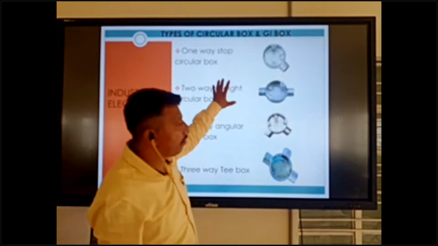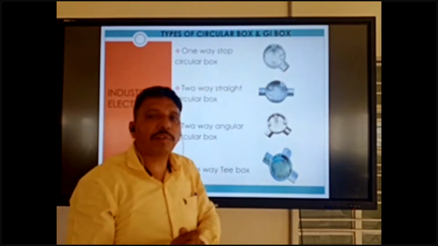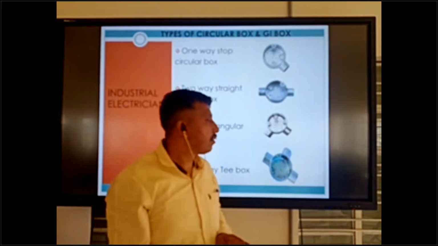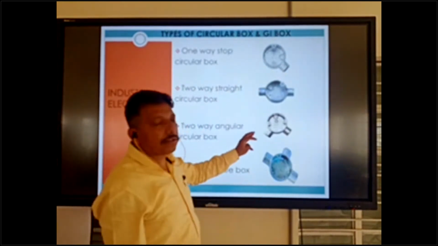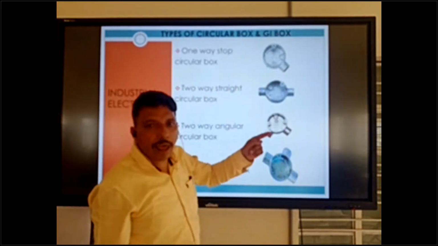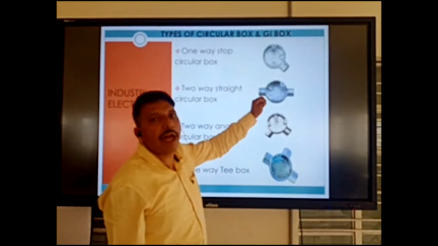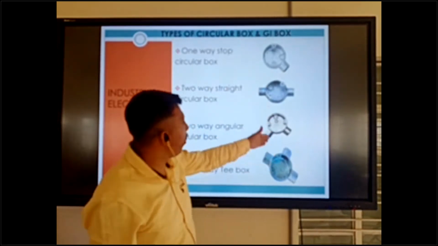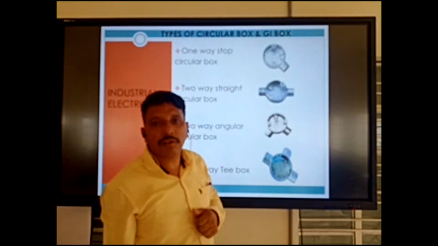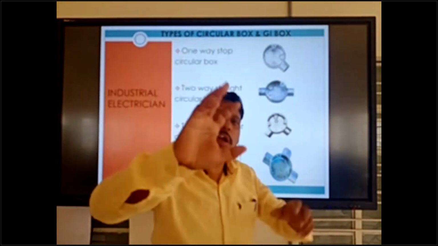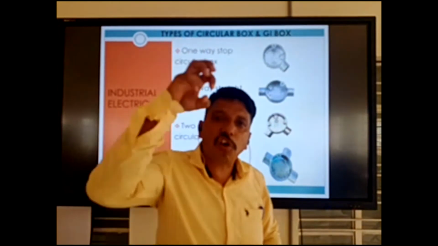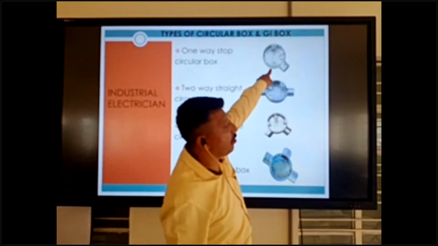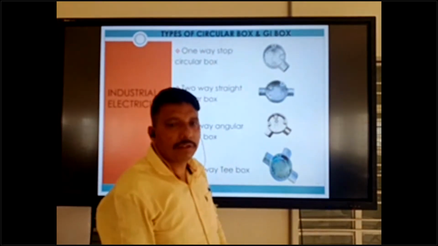Suppose one circuit has 6 lights. For the first light, second light, third light, fourth light or fifth light, we can use somewhere an angle box, somewhere a T box and somewhere a straight box. But the last point is not going anywhere, it is a stop point. That time we can use a stop box.